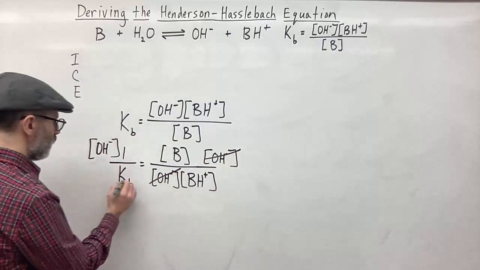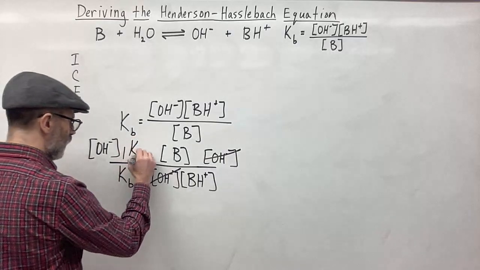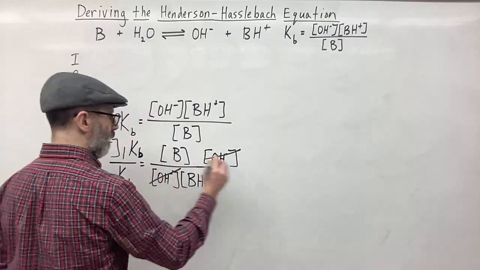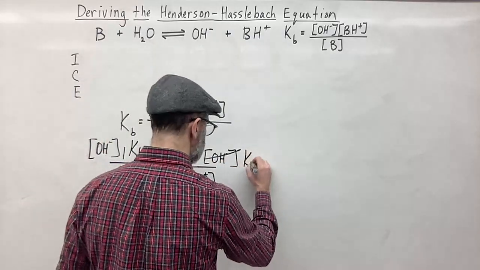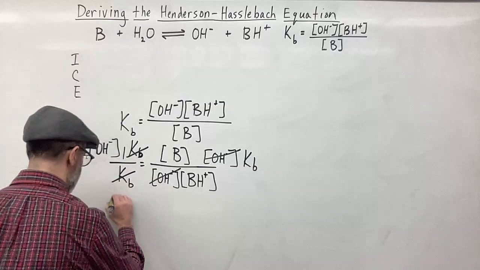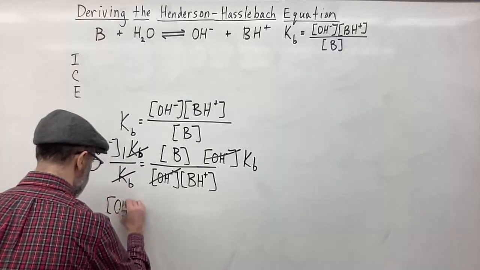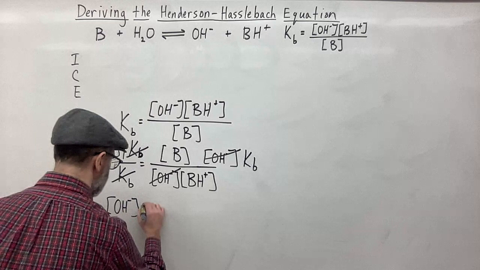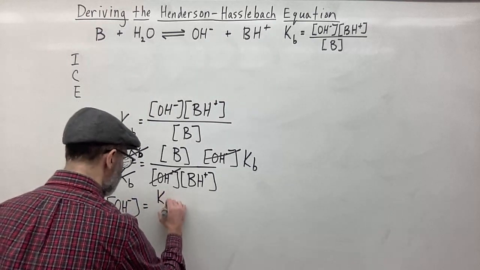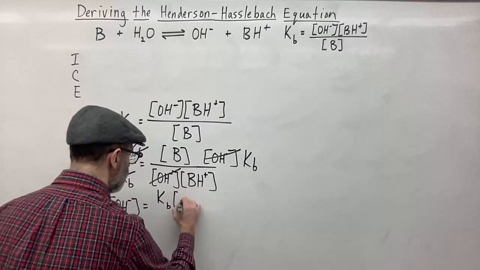And now I'm going to multiply by Kb on this side, and multiply by Kb on this side. So Kb cancels out, and now I have the OH minus concentration is equal to Kb times the concentration of B,